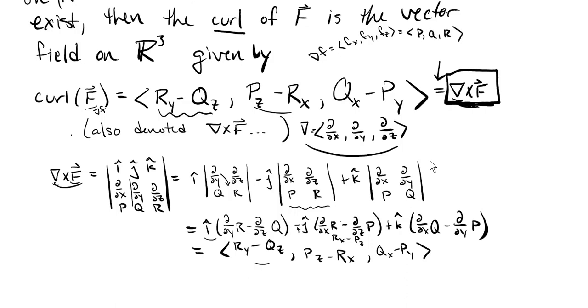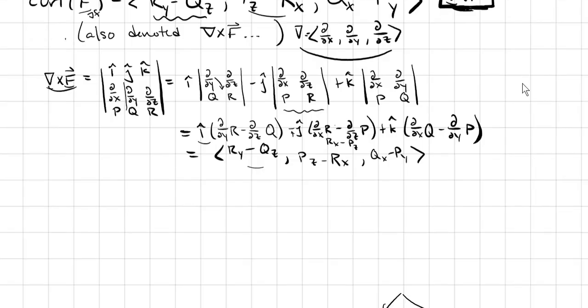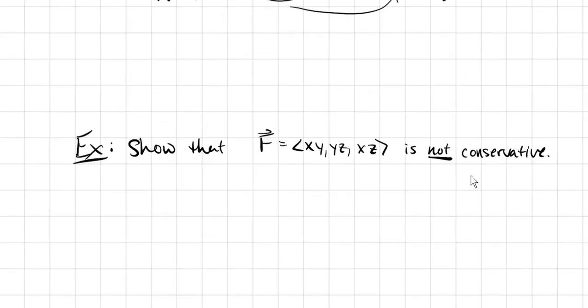So let me replace those. If r was replaced with fz, I take a y derivative, that's what I'd have there. And here qz would be, well, q is fy now, so minus fyz. But notice these are just the same second partials, the mixed partials, in opposite order, right? fzy and fyz. By Clairaut's theorem, if these second partials are continuous,